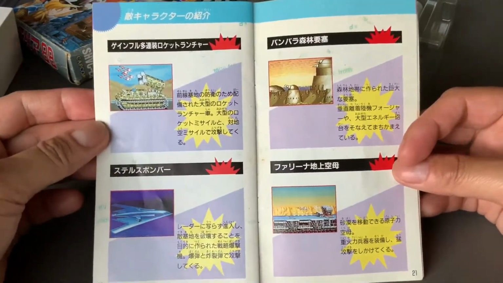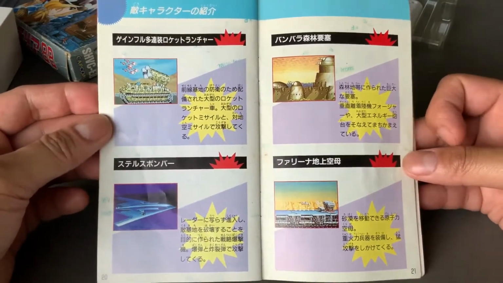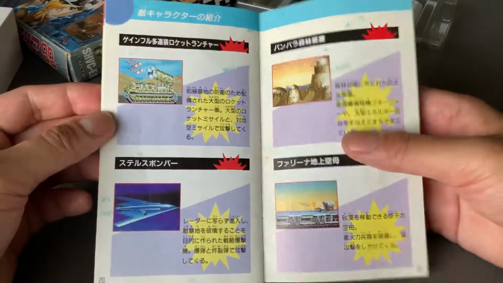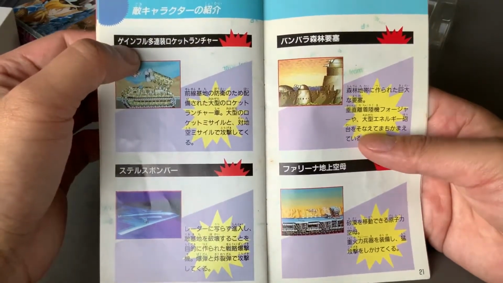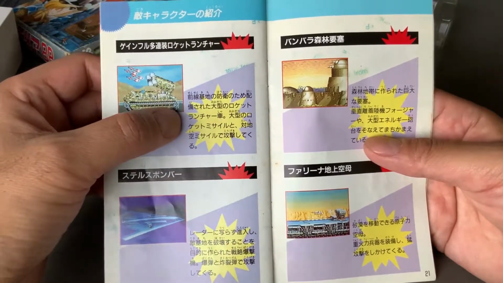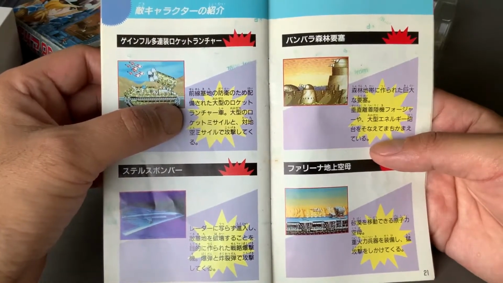And here we have the enemy bosses. Well, not bosses, but enemy targets. Oh, they are bosses. And here we have the Gainful Multiple Rocket Launcher. It's a large rocket launcher vehicle deployed to defend the front base. It attacks with large rocket